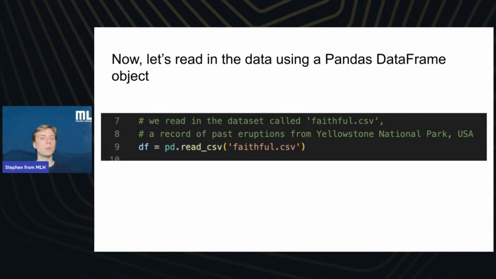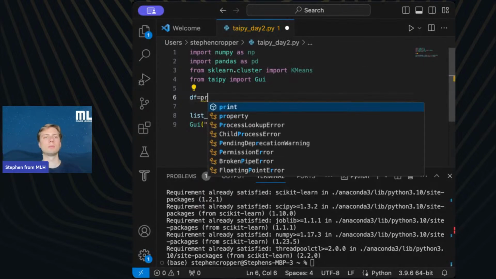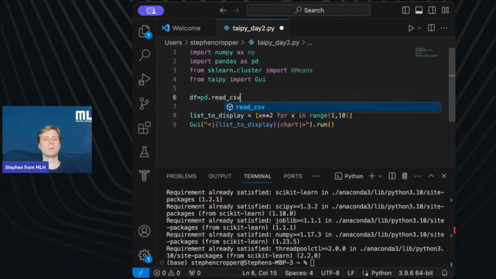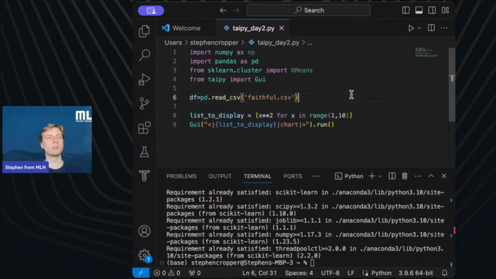So it could be in your downloads, could be in the same directory depending on where you place that, but we'll just type pd.read_csv there. All right, so I'll type that as well. That should work out great.